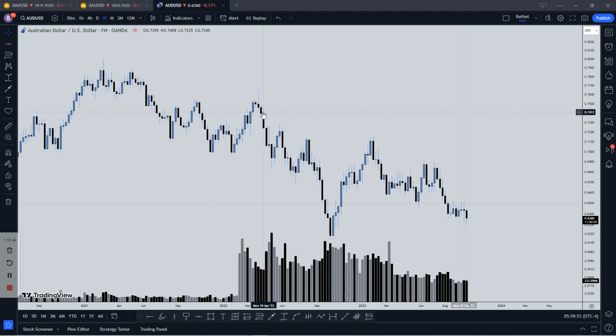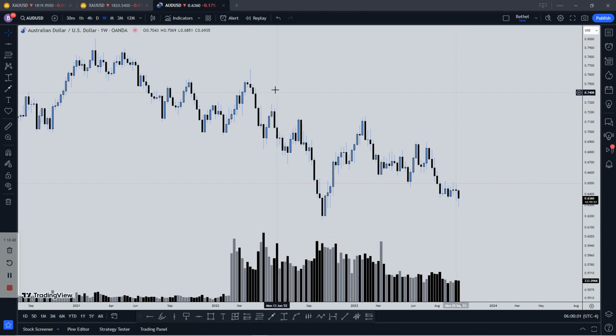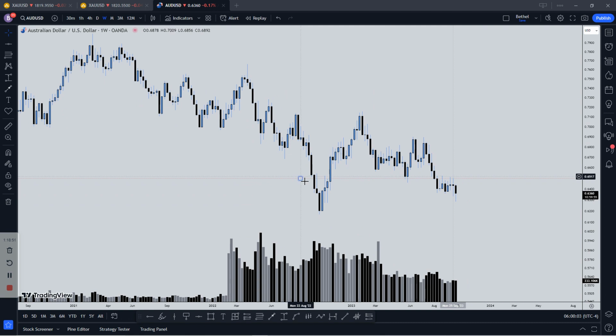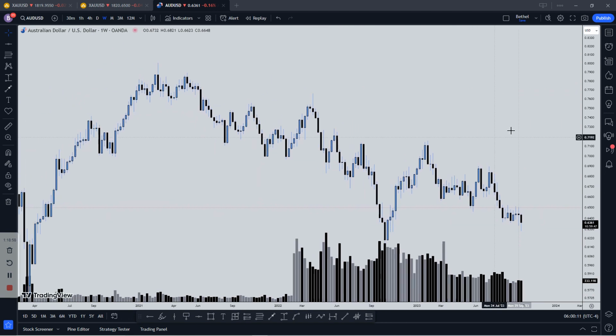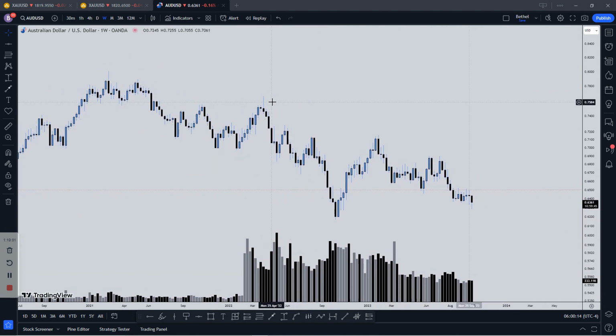So now you can see price started dropping. Each of these candles is a weekly candle. This is 1 week, 1 week, 1 week. So you can see price dropped from here to here. That's about 5 months. Imagine holding a single trade for 5 months. Let's say you have $500 or $1,000 in your account, and you decide to enter this position. Once you enter, you should be risking anywhere between $200 or 500, or just half your position,